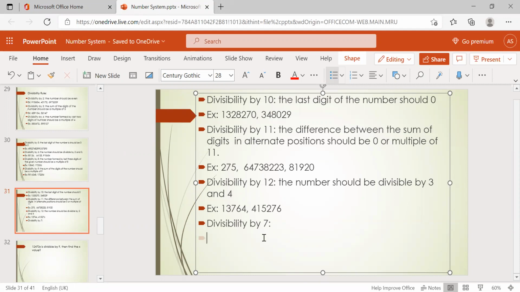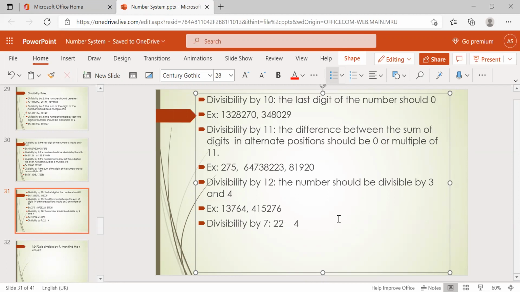First of all, I'll give the example and then I'll explain it. Divisibility by 7 is nothing but, first of all, you have to split the number. So I have given 224, right? Split the number like this: the unit digit is separate and the remaining part is separate.